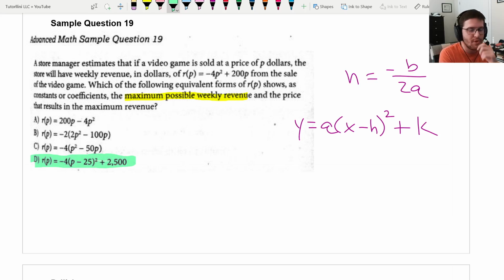If you know what vertex form looks like, and there are multiple options in vertex form, then you got to figure it out. But if there's not, you could just use process of elimination. Like you just know that, okay, this is wrong. That's not vertex form. That's not vertex form. None of those guys are vertex form, so they're all wrong. So I'm going to leave the negative b over 2a to you guys because this video is getting super long. But we can verify the